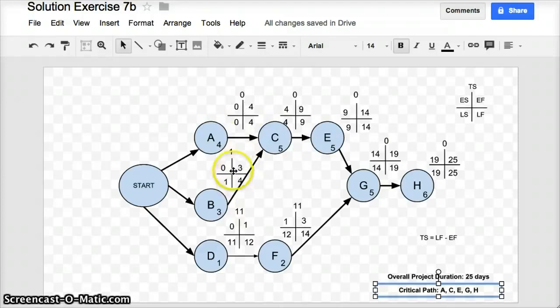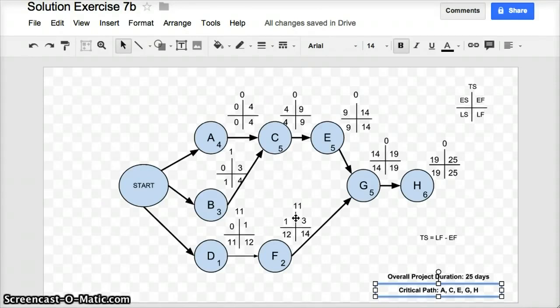On the other hand, these tasks that aren't on the critical path, B, D, and F, have a certain amount of slippage. They have a certain amount of leeway. So for instance, with task F, I have 11 days slippage, which is quite generous, meaning that as a project manager, I don't have to be overly worried about the overall project schedule if task F starts to slip or starts to take a little bit longer than its expected 2 days. It's the same with task D and task B, although task B only has 1 day slippage. If task B goes from 3 days to 4 days, it's not anything to panic about. But if it goes any more than that, then all of a sudden it will have an effect on the